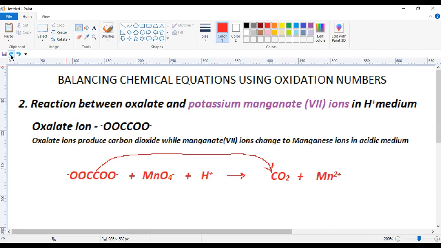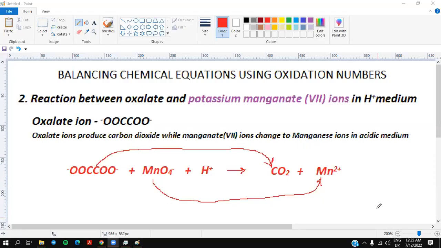We'll see what happens to oxalate ions. Initially, I'll try to find out the oxidation number of carbon in the oxalate ion. There are 2 carbon atoms. I do know the oxidation number of oxygen atoms. So for the 2 carbon atoms, I write 2x